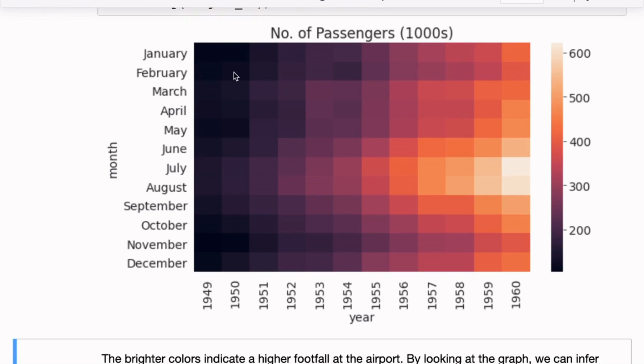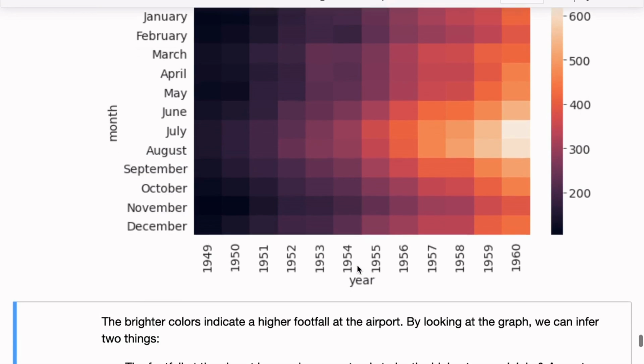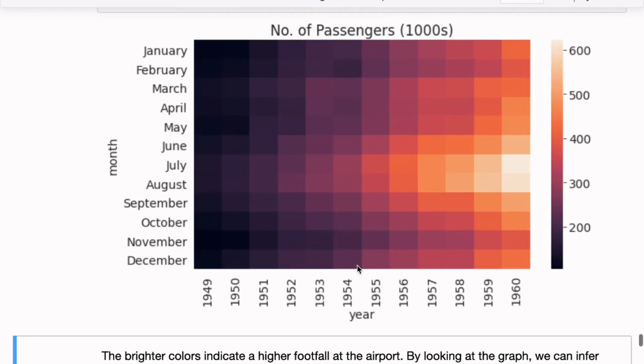Now you can see the trend a little bit better. Over the years we go from dark to bright, which means the traffic seems to increase. And within a year we go from dark to bright and back to dark. So it seems once again that the traffic increases up to June, July, and then decreases. This heat map is pretty useful to visualize this relationship in a single glance.